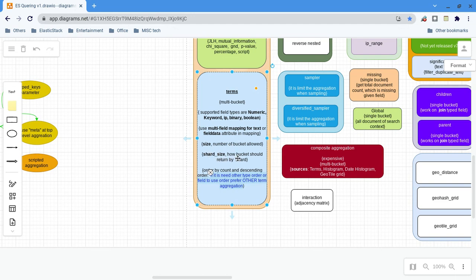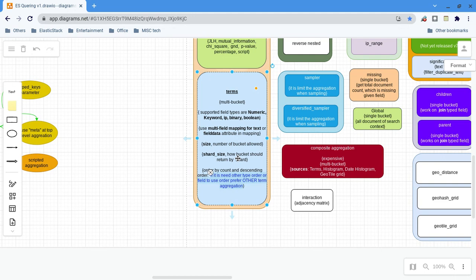Then what is shard size? The coordinating node, in the second phase, merges the results returned by each shard. The given request is executed independently by each shard, so the data nodes send their values to the coordinating node. Obviously I don't want all of them. I need only 5, so since I said only 5 as the size, the shard size should also be 5.